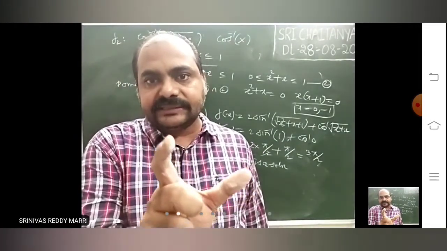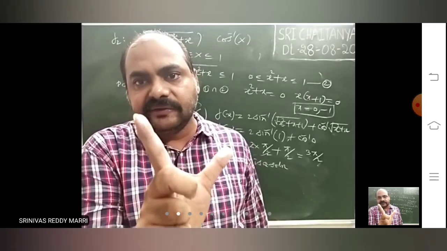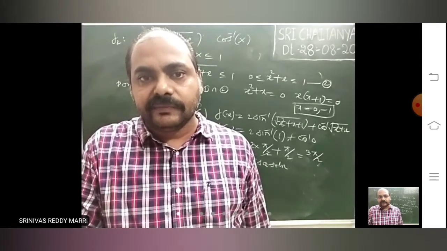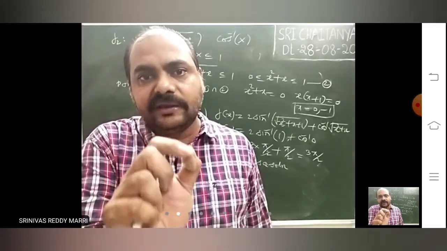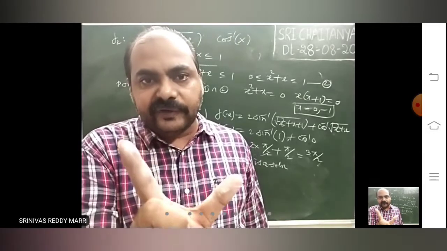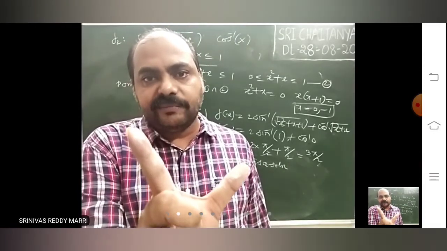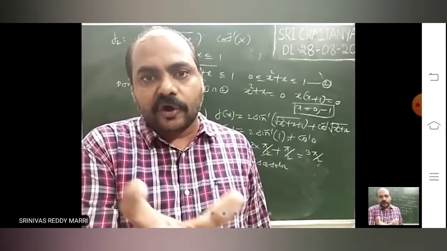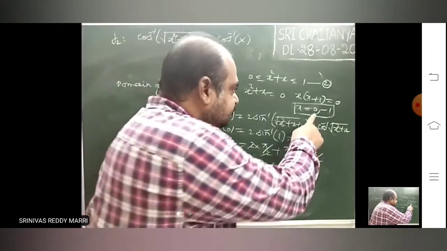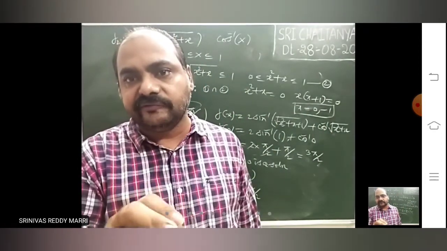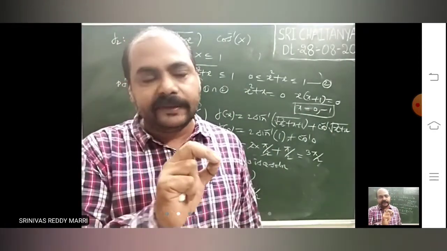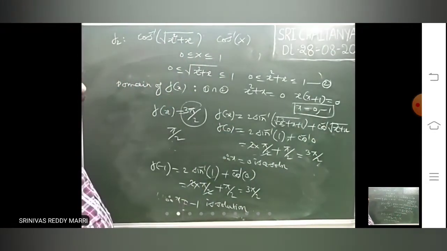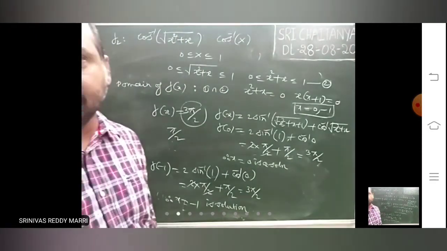The hint for this method is that the left hand side function, the bigger function, he will give, and on the right side one value he will give. That means it is a hint that you have to do the problem from the domain. Take f(x); mostly two functions will be there, f1, f2. F1 domain, f2 domain. So you calculate the domain. A few values you will get like this, two values, three values. After calculating the domain, you check whether you are getting this equation or not. This is one method of solving after calculating the domain.